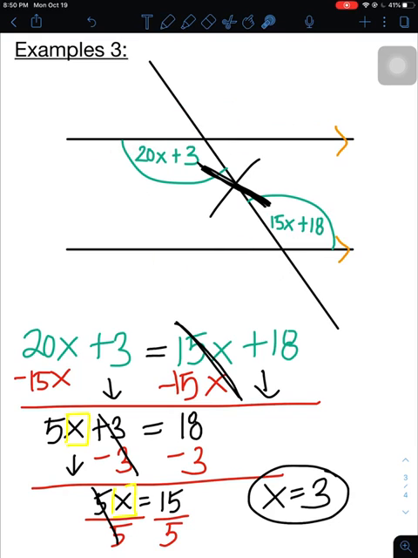So again, the procedure was first identify that we have alternate interior angles. They're interior because they're in between the two lines. They're across from each other from the transversal. So that means they're alternate interior angles. And since the two lines are parallel, that means they're congruent. We set this up here, set them equal to each other, and use inverse operations to solve for x. At this point, you can pause the video, take some notes down,